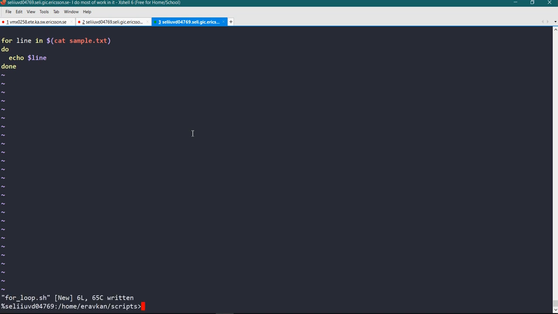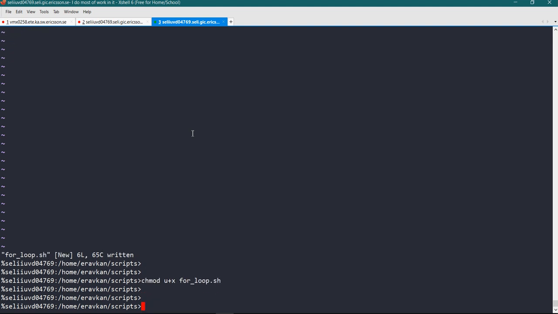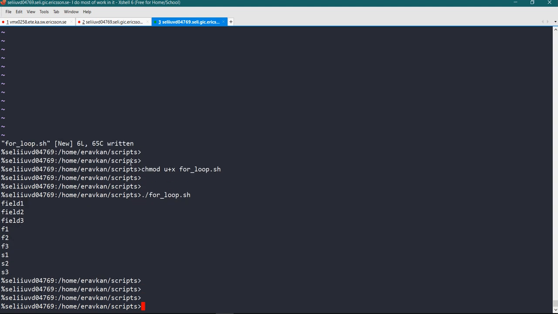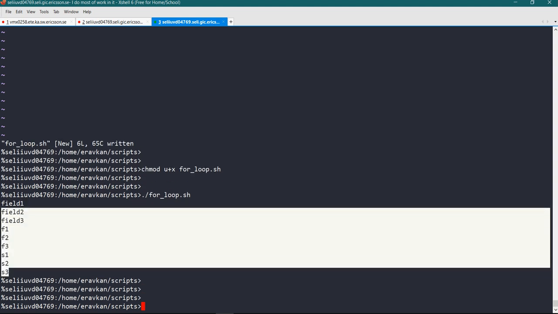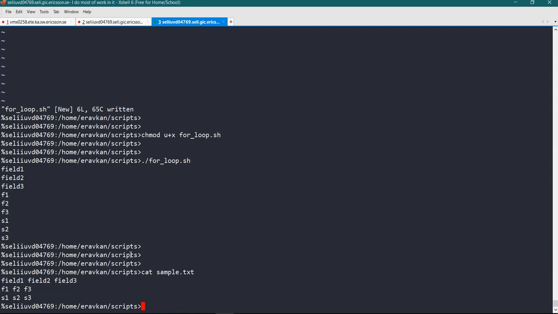So if I give executable permission to my for loop and I try to run it, see, it is reading the file but it's not reading line by line. Let me show you my file. So one line is this, second line is this.